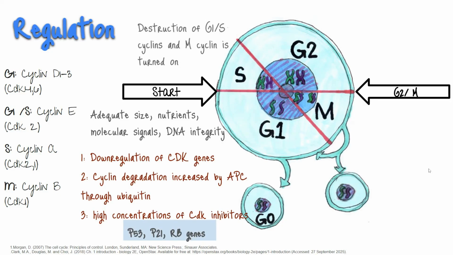So when we enter the S phase, to ensure G1 events stop happening, there is destruction of the G1/S cyclins, and the G1/S cyclin gene expression is reduced. Towards the end of the S phase, M cyclin gene expression is switched on and M cyclin concentration rises, leading to the accumulation of M CDK complexes during G2. However, these are phosphorylated for now, so they're inactive.